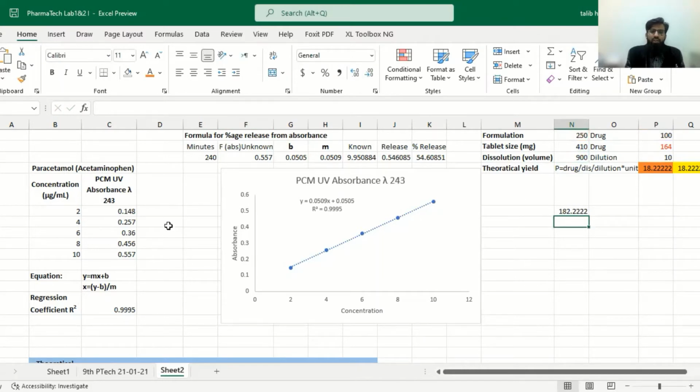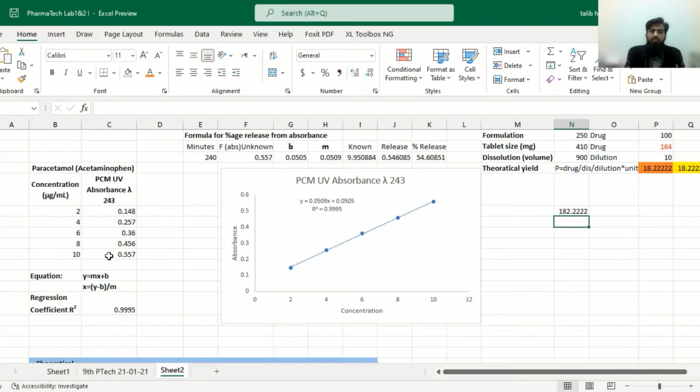And if we look at our concentration to absorbance data, if the absorbance goes beyond 1, then according to the Beer-Lambert law, this concentration is considered a concentrated solution, and the Beer-Lambert law doesn't apply to a concentrated solution. So our absorbance should be lesser than 1.